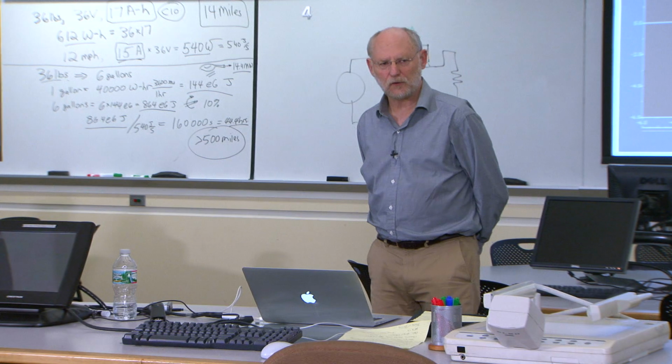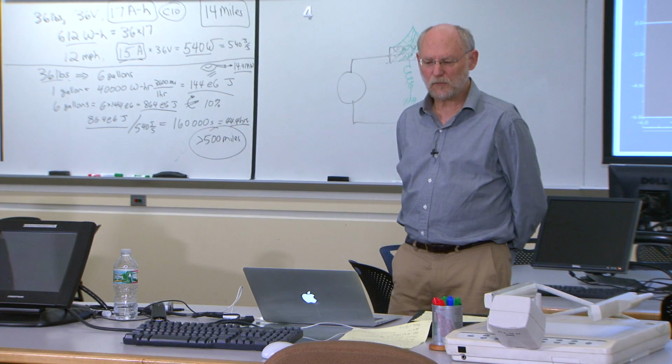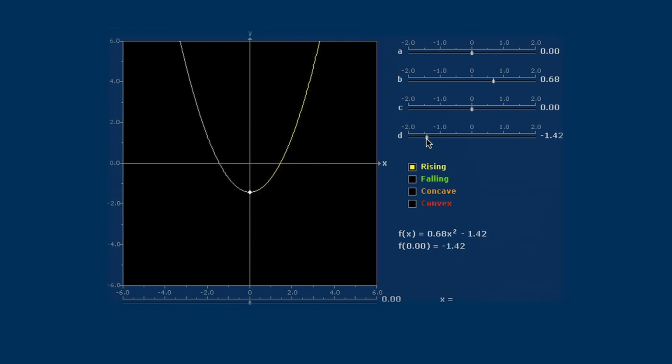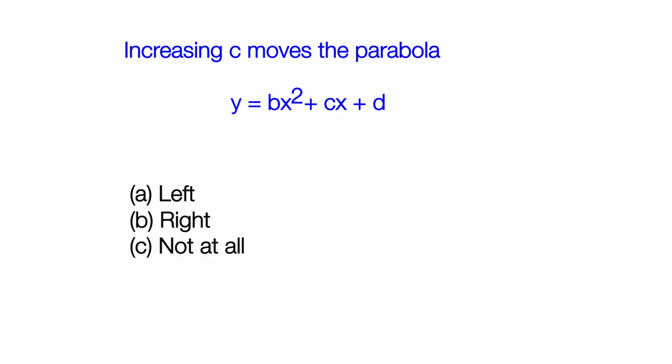All right, so now I have another question for you. What role does the coefficient of the linear term play? If I change that linear coefficient, which is 0 right now, if I increase it, what will happen to the parabola? The vertex follows that parabolic shape. So here's my question. c is the coefficient of the linear term, that x. So the parabola I'm looking at has the formula y = bx² + cx + d. If I increase c, what will happen to the parabola?